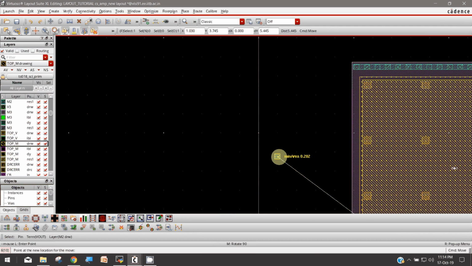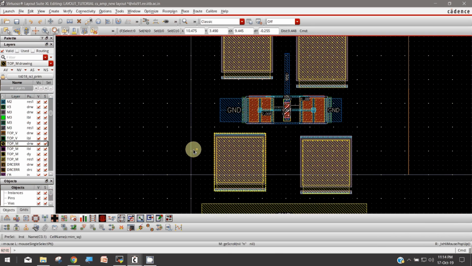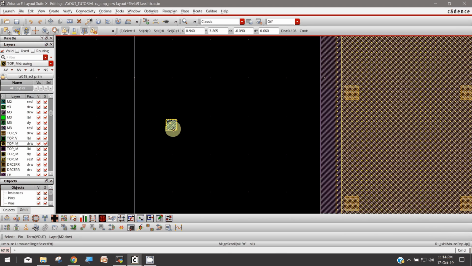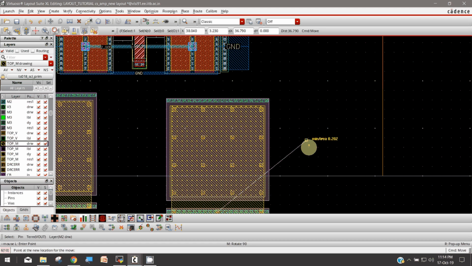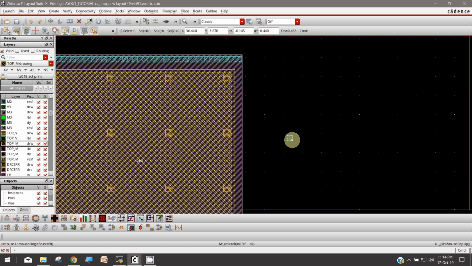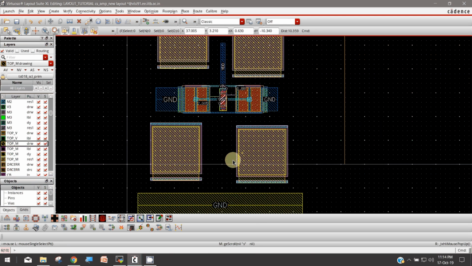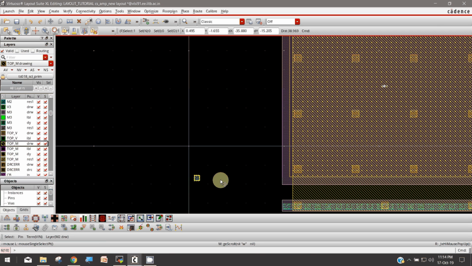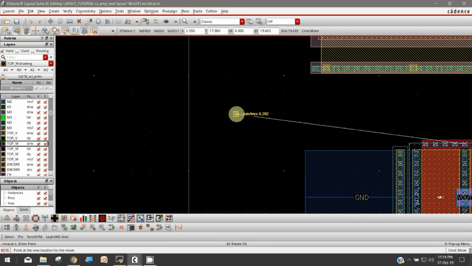Similarly, I will be keeping V out somewhere. So let us suppose we keep V out. To move, you can use M. M is used to move things around. So this V out is supposedly somewhere here, and these when we will be